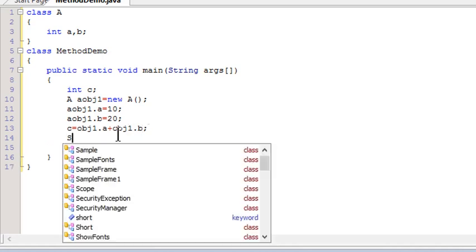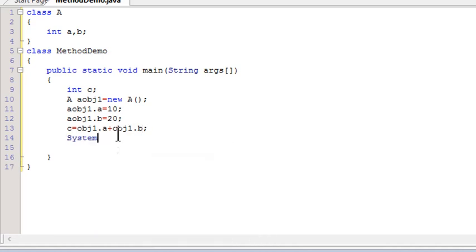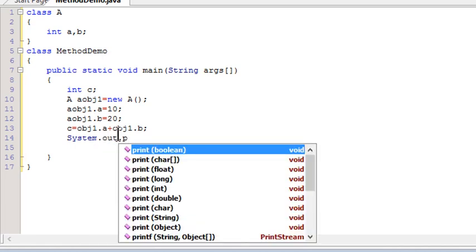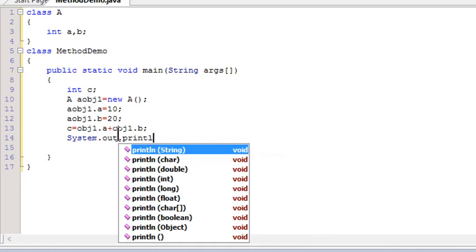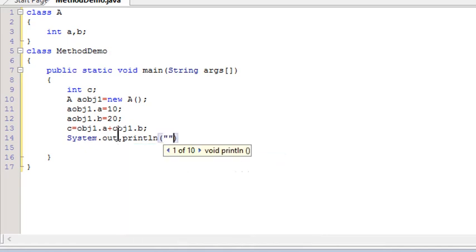We can display the output like this: System.out.println, sum is equal to plus c.